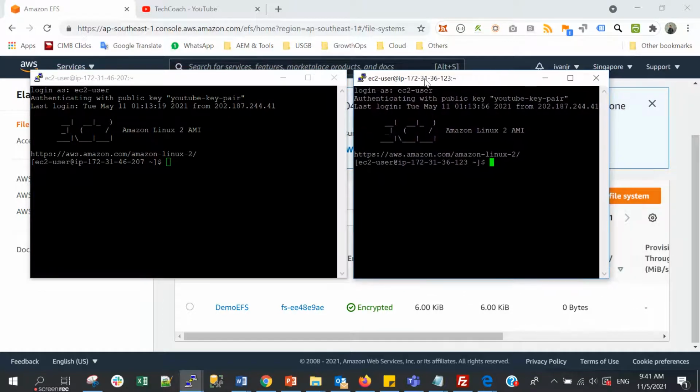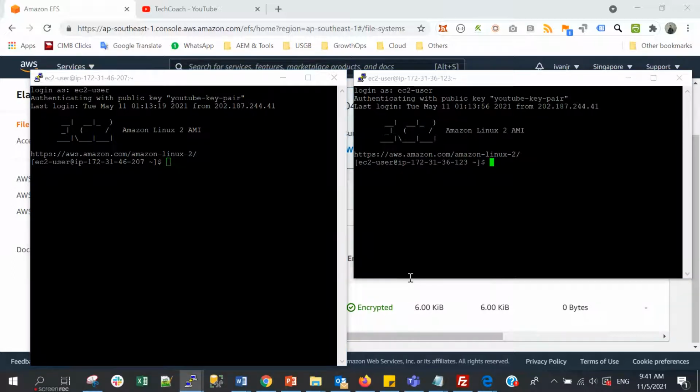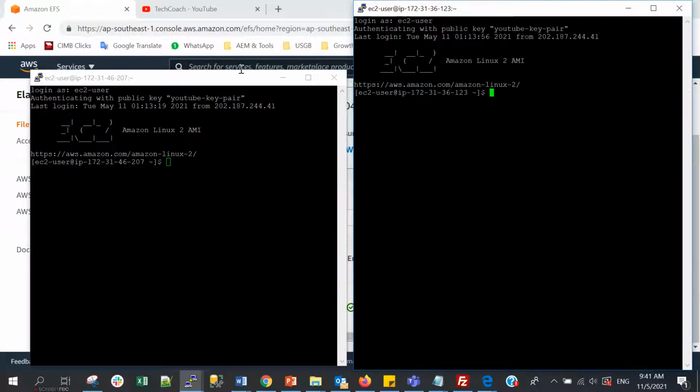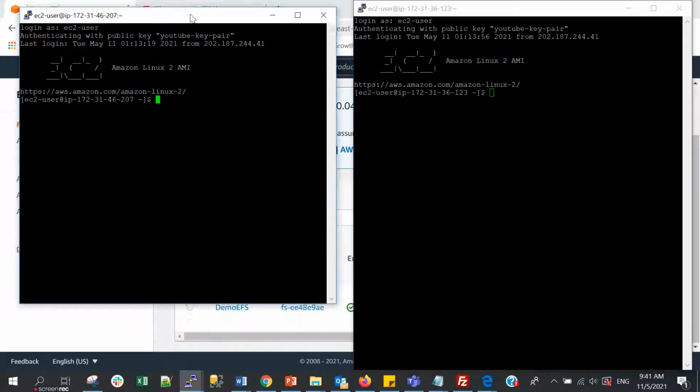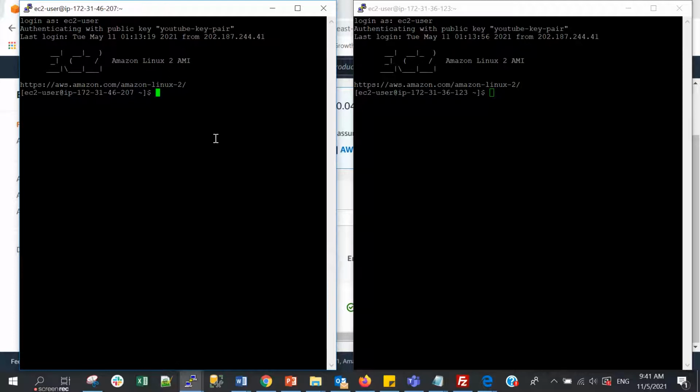Let me tidy up a bit. Okay, I will go to the root folder.